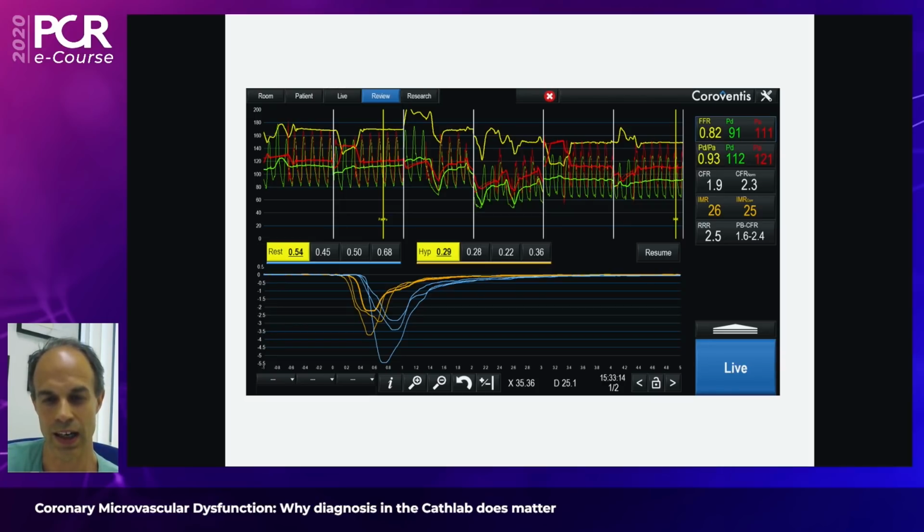So this patient had a CFR of 1.9, which is pathological, and was caused by two different defects. One was the FFR, so the epicardial stenosis, also almost pathological. The other one was the pathological IMR. This is the index of microvascular resistances, and it expresses the capacity of the small blood vessels to decrease their tone in response to adenosine in this case. So 26 is the official value that is pathological, and in this case it was